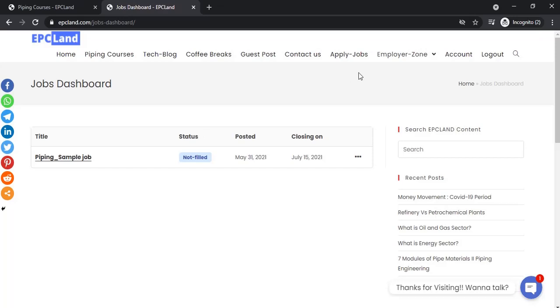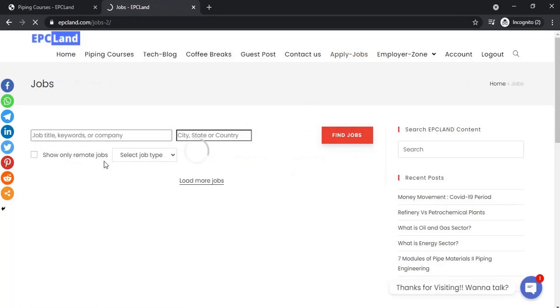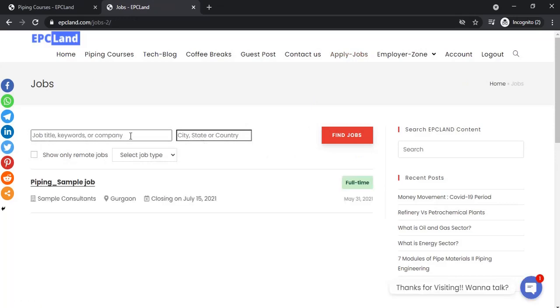If any of the job applicants who have already created their profile on this platform want to apply, just go to apply jobs. Okay, you can search all the jobs which have been published on this platform. For example this is a published one, and once you click over this, the job details will come here.